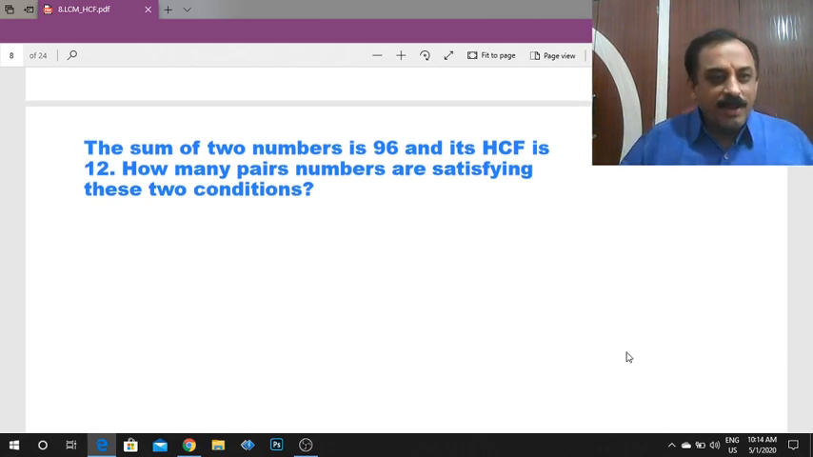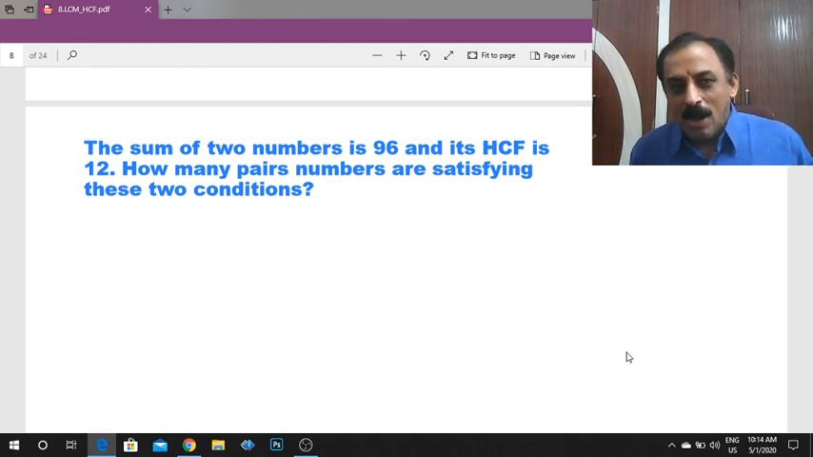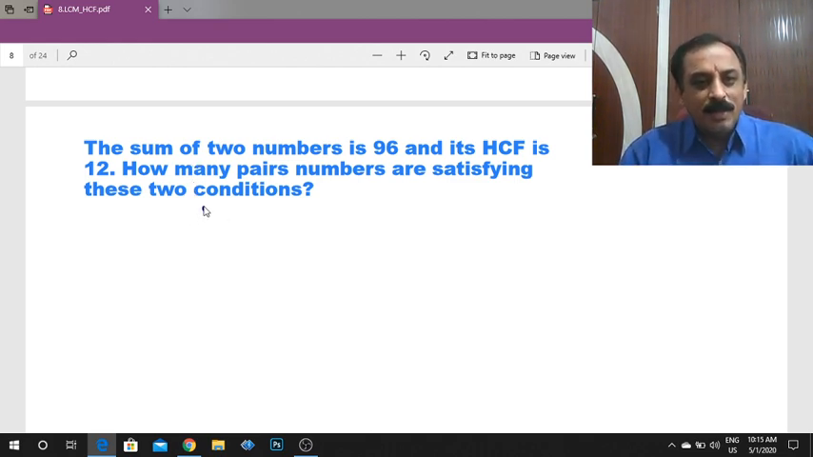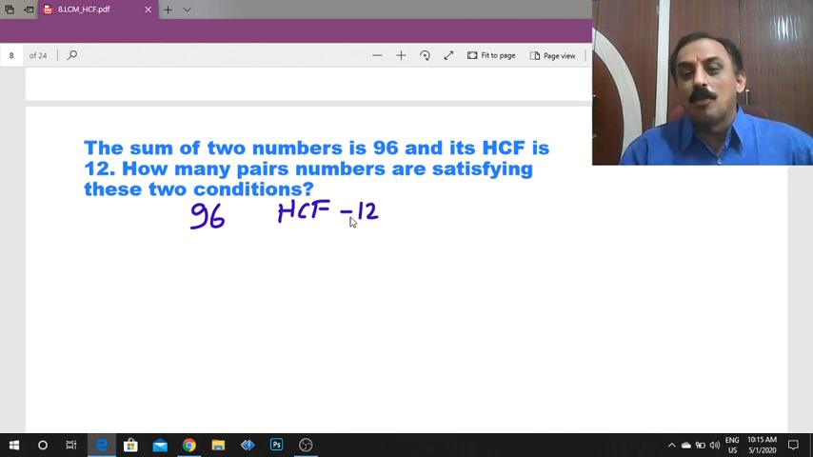Next question on your screen. The sum of two numbers is 96 and its HCF is 12. How many pairs of numbers are there satisfying these two conditions? Okay, see here, two numbers are there. We don't know the two numbers. The sum of the two numbers is 96 and its HCF is 12. Let the ratio of the two numbers